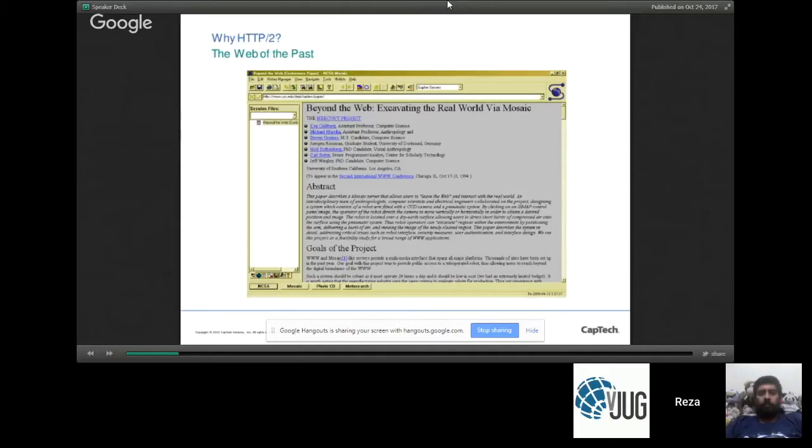In terms of modern websites, I think you can think of Wikipedia as a rough equivalent of the web as it was during the era of NCSA Mosaic. So in this world, HTTP 1.1 made a lot of sense, in the sense that it's a request-response based protocol.